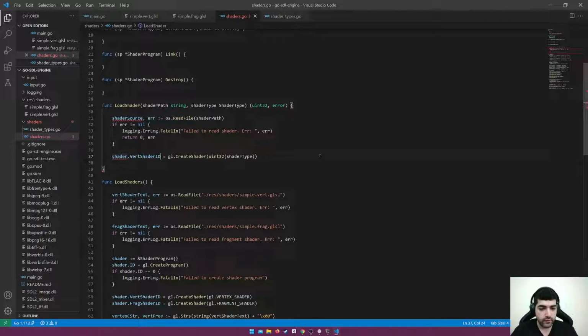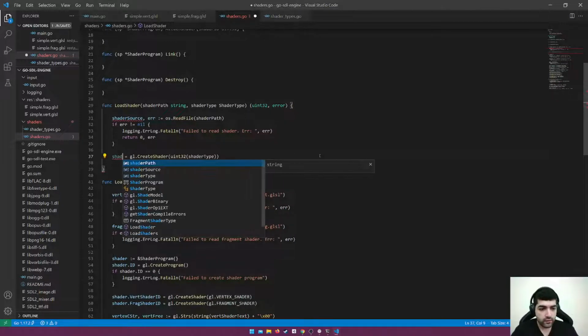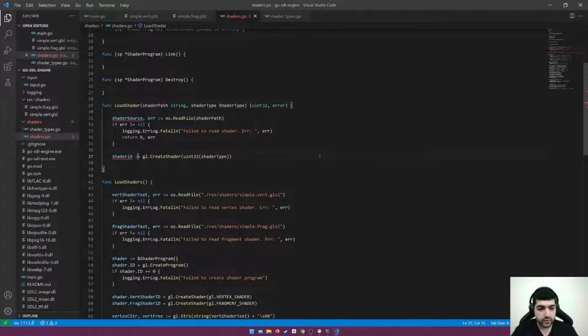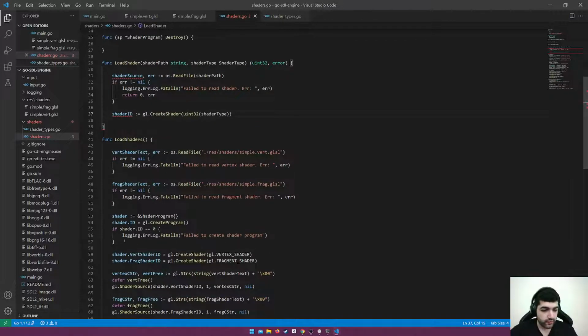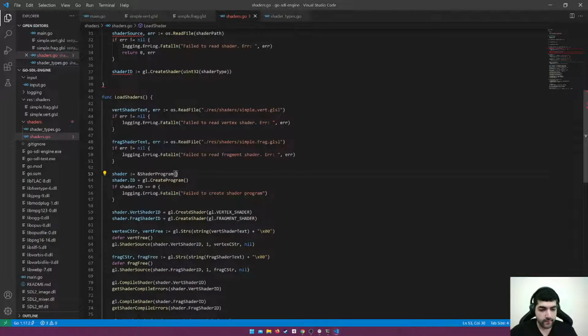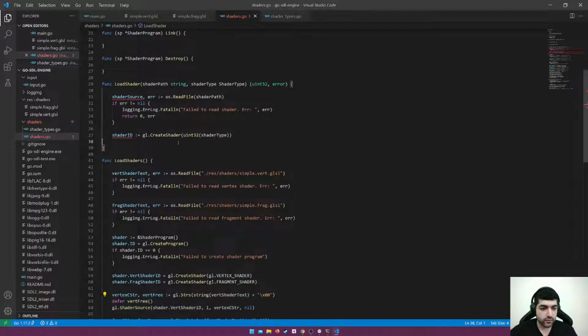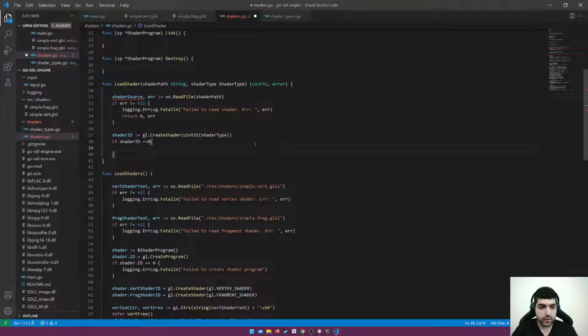This will be fine. Now we get shader ID. Cool. Now, if the shader ID is 0, that means something happened in the program. So we need to check that, and then we need the compilation. Just say if shader ID equals 0, then